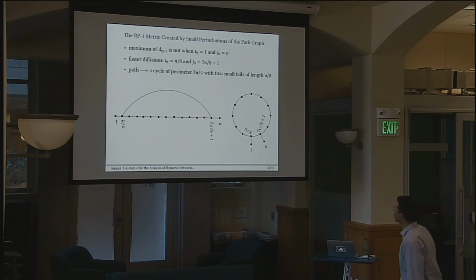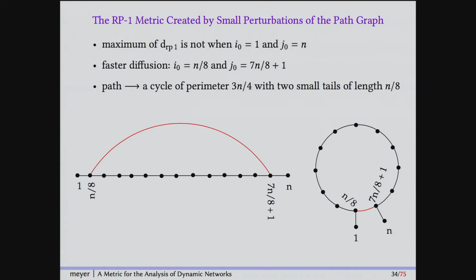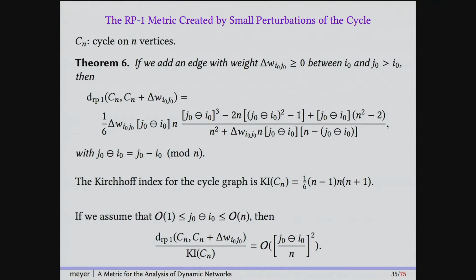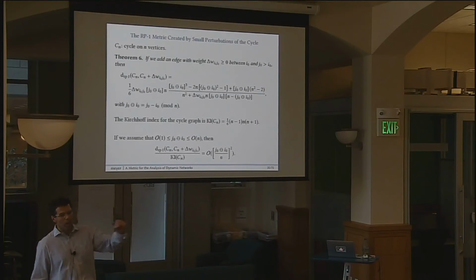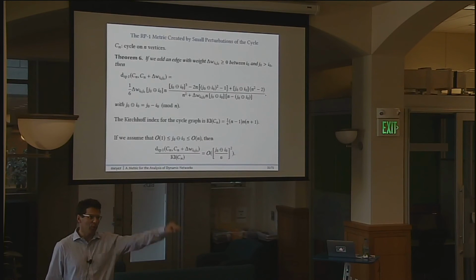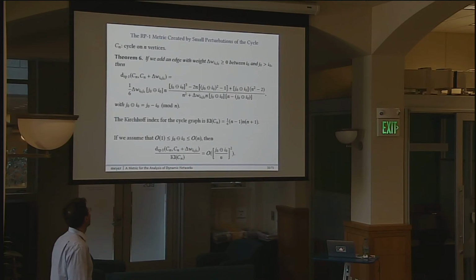So that's sort of a little curious thing. What we're doing here is carefully analyzing that resistance distance when the norm is just the one norm, so we sum the absolute value of the differences. So now we have the cycle. What is the cycle? The cycle is exactly the rim of your bicycle. You remove the spokes, that's the star, and then you just have the rim, the circle. And so what we do here is we start adding or removing an edge, and then we have this